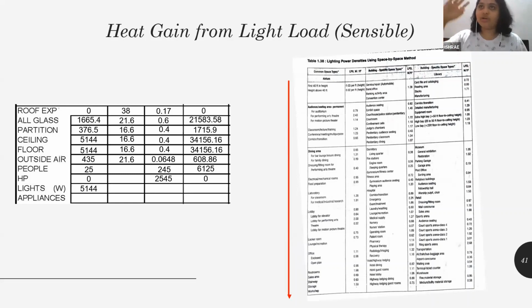Bolte ki I don't want this lighting power density. I have a much more efficient light that I'm aware of. I will propose it to the architect to take this light. मेरा watts light का watts कम होता है उसमें. If I take 1 watt per square feet, my heat load reduces. If I take 0.6 watts per square feet, it reduces even more. That depends on the type of light that you're going to propose to the architect. Just for the sake of calculation, I've taken 1 watt per square feet and multiplied with 3.4 for the conversion, and you'll get 17,489.6 BTU per hour as the light load.